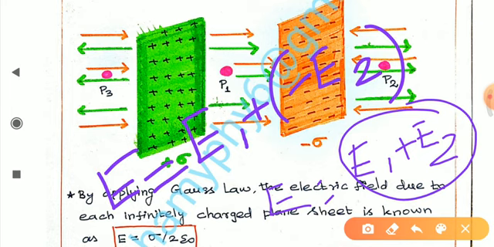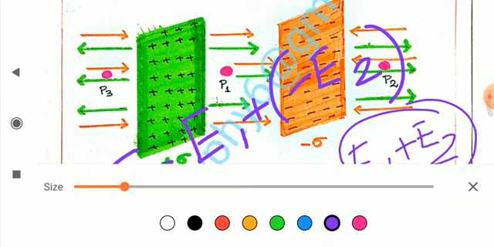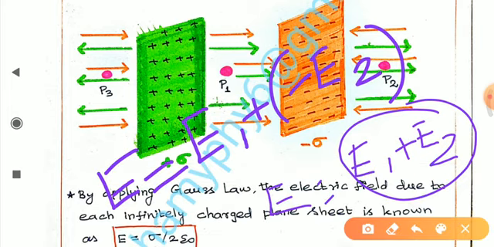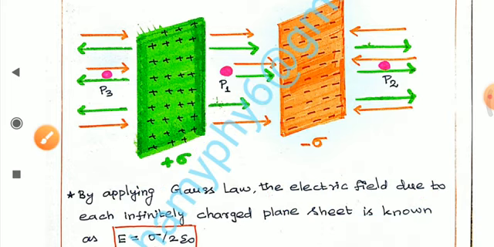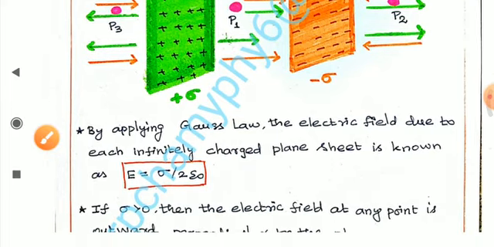The net electric field E is given by E1 plus or minus E2, which means the electric fields produced by the two parallel plane sheets are acting in opposite direction. So here the minus sign represents that the electric fields are acting in opposite directions. But in this equation, the plus sign represents that the electric fields act along the same direction. This is the thing you have to remember. Now we can go to the topic.